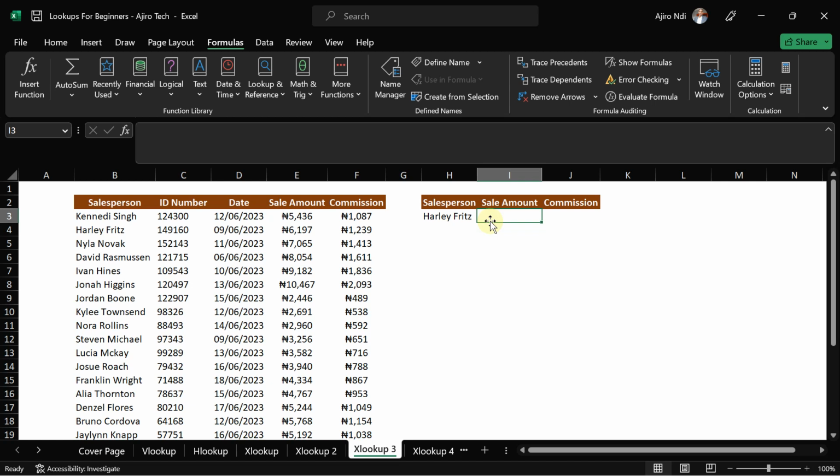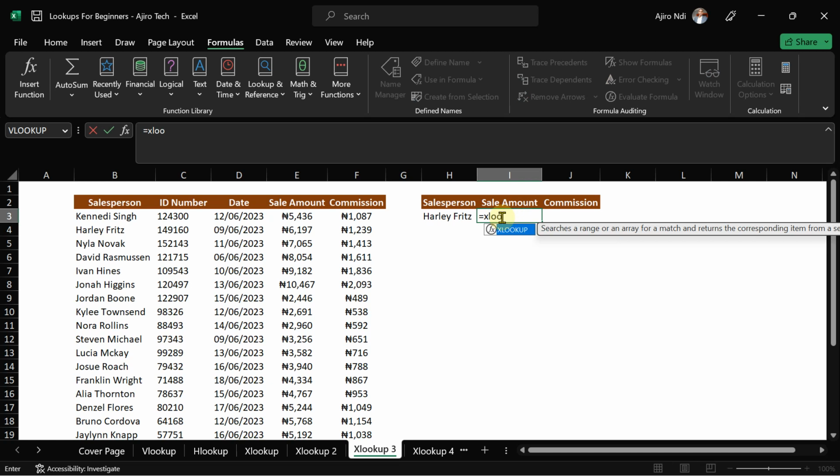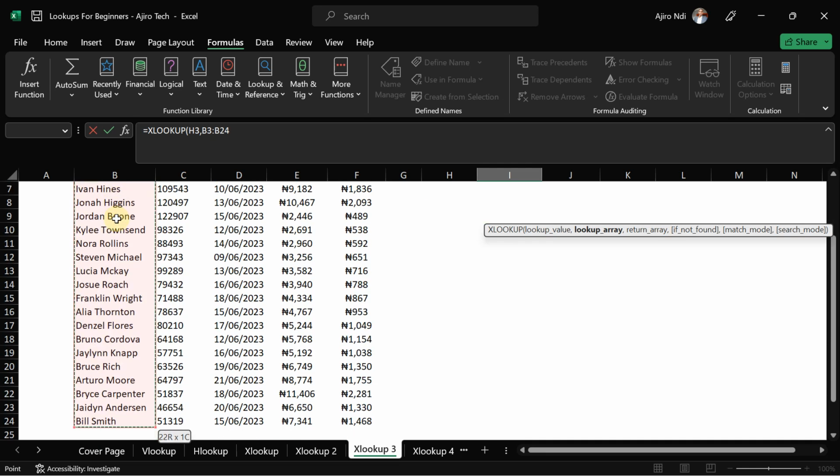How do I go about this? Now to do this, this is what you're going to do. I'm going to use my Xlookup. So equals Xlookup, lookup value. By now we know what lookup value means. So I'm going to click here, comma, lookup array. Now this is what I'm going to do. My lookup array is going to be this, which is the salesperson. For my lookup array, shift control arrow down,